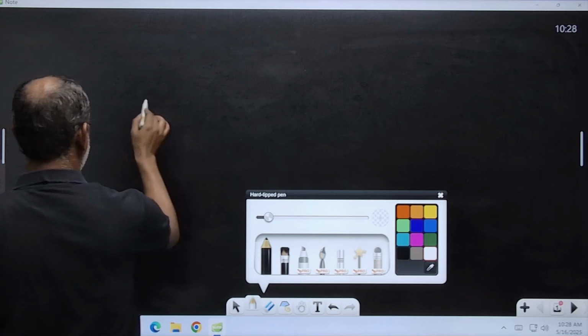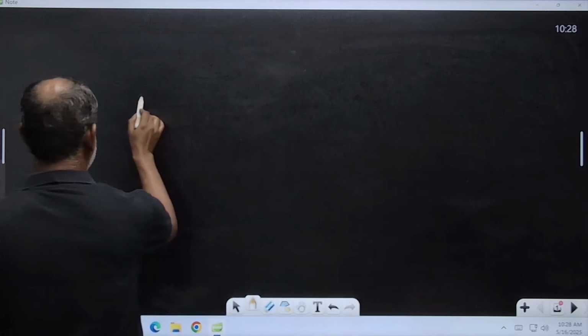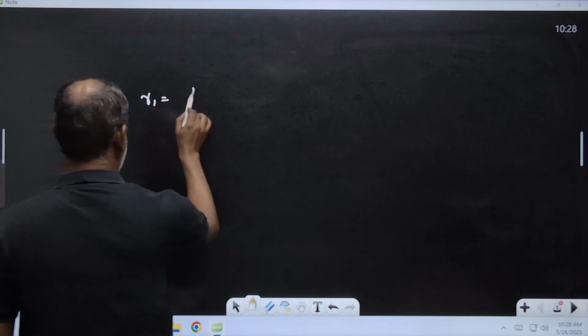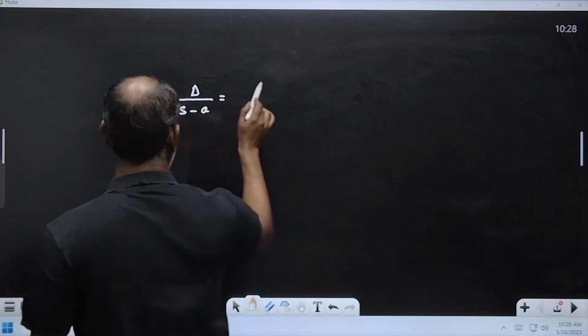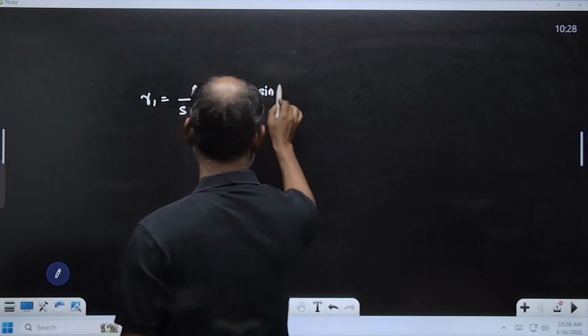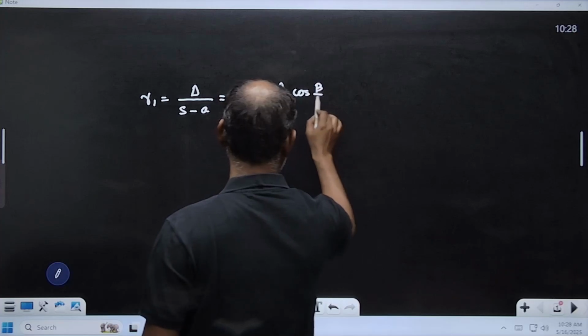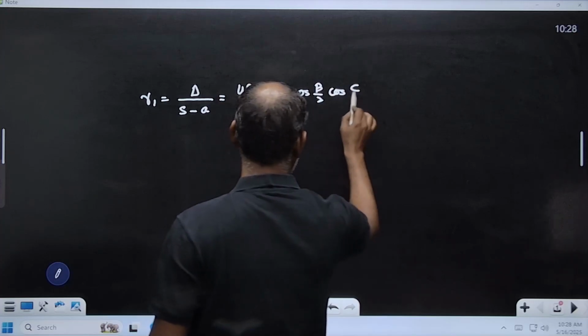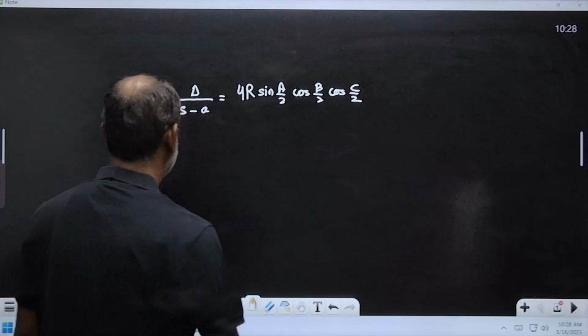We formed ex-radii. So, ex-radii we wrote as r1 is delta by s minus a, which is 4R sin A by 2 cos B by 2 cos C by 2. This is what we read. I hope you remember from our last class. Further,